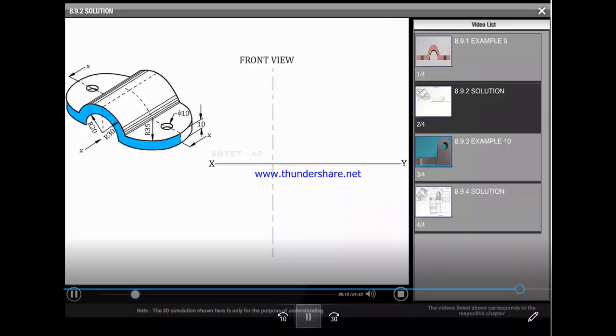Draw the front view of the object indicating the length and the height. As the cutting plane passes through the holes, they are completely visible.